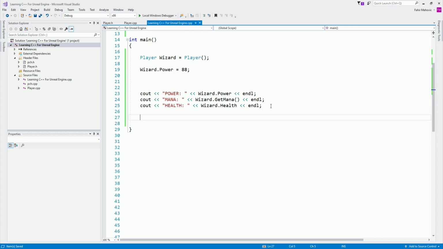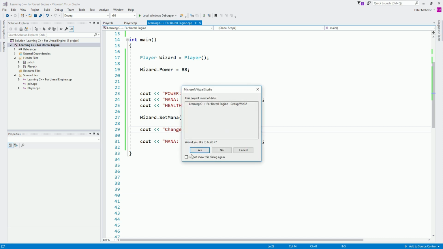Below here, I'm going to call wizard setMana with, I don't know, 11, for example, and I'm going to call to print our mana again over here. But I'm also going to say cout, like this, changed mana value, and then endl, like this, to end the line.